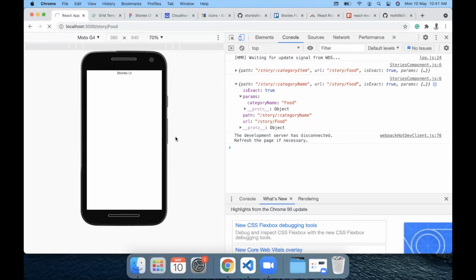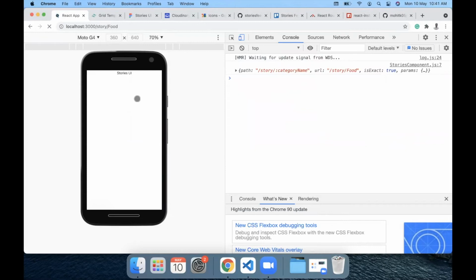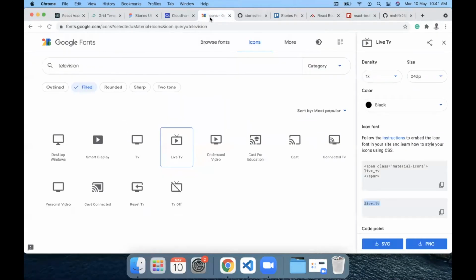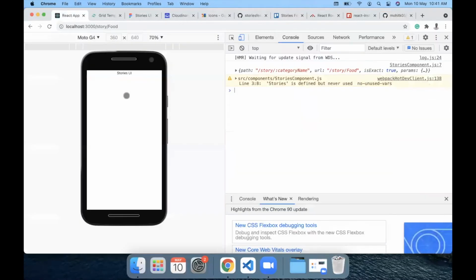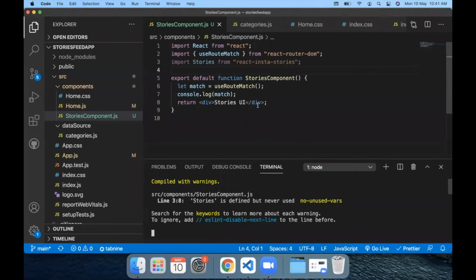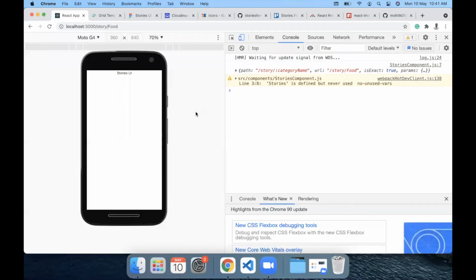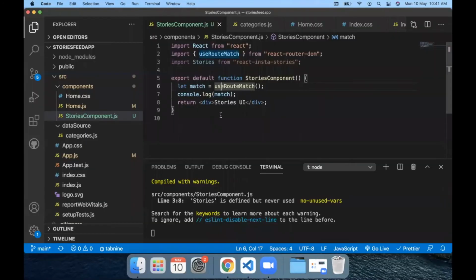What I am planning to do is create two kinds of stories. First will be pure image stories that we see on Instagram with captions, which we have in our design as well. And there will be another kind of stories in which there will be an image and text below it. This will be kind of information stories. Let's first tackle the image stories before we move ahead with the other one. For this, I'm going to build a temporary stories array.